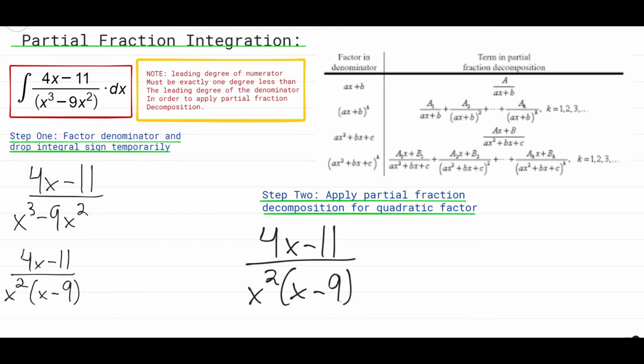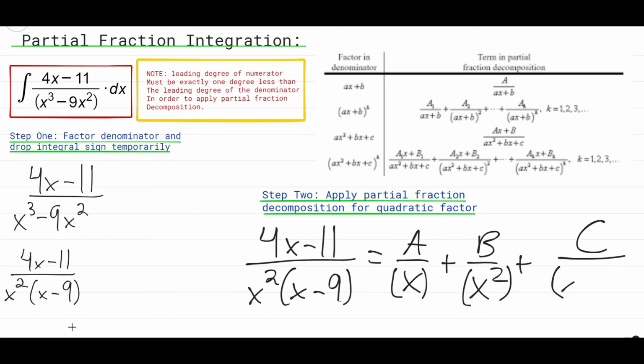Now when I apply the partial fraction decomposition, notice how this term right here has a power of 2, so I'm going to include it twice. So just take a look. This is equal to a over x, x to the 1 power, in essence, it's this second one right here, plus b over x to the 2nd power,